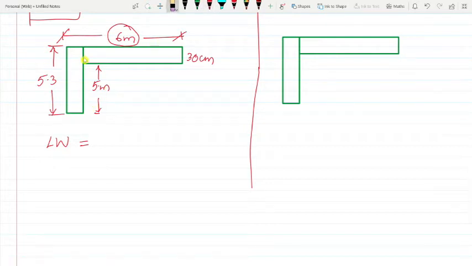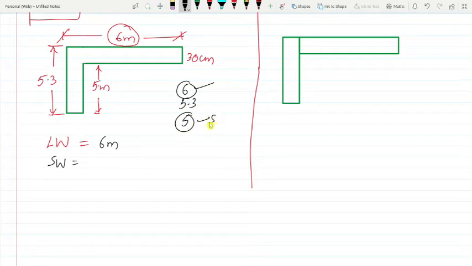One thing I should do here is, 1 second. So this is not like this. It is rubbed here. So now tell me, long wall is 6 meters. And what is the shortest wall? In this entire figure, you have three dimensions: 6 meters, 5.3 meters, and 5 meters. The biggest one is long wall, and the smallest one is short wall. So this is 5 meters. But in here also we have to rub this.